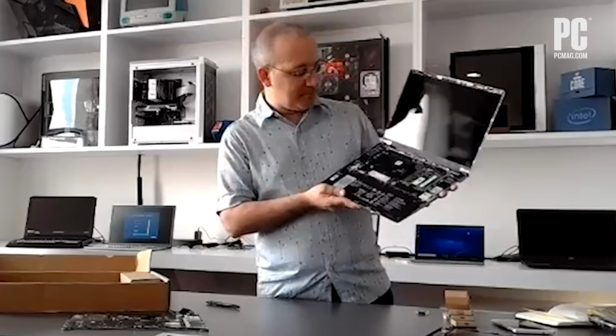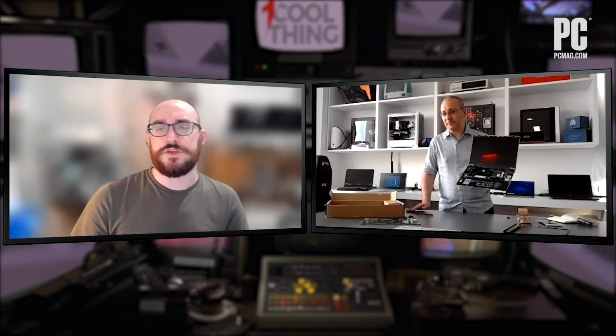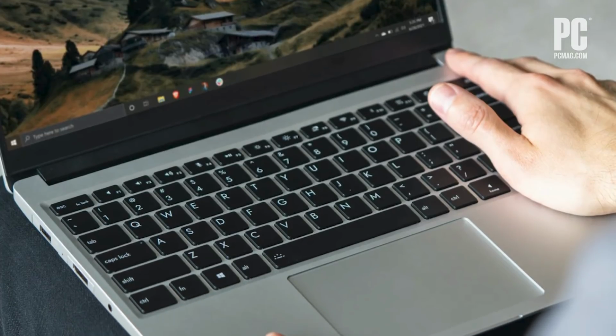Definitely. Yeah, John did mention the 11th gen Intel processors. You can get up to 64 gigabytes of RAM. This does run Windows. I don't know if that was clear or we said that. You can order it with various preset configurations, Windows Home or Pro, as well as different processor, storage and RAM capacities. So it's not one preset unit off the shelf that you then have to upgrade from there. There are options,